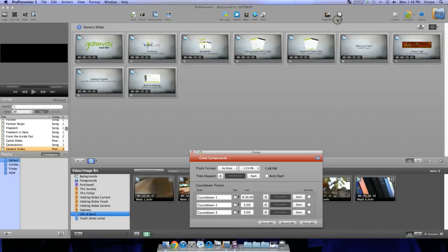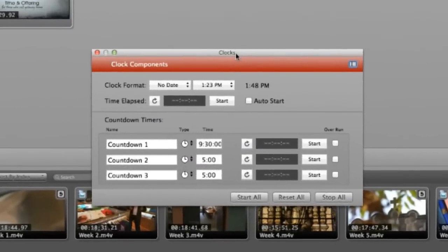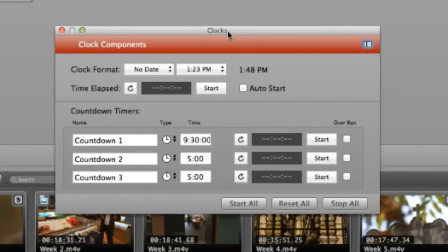The other thing we have here is the clocks section. These are what gets sent down to the clock, whether we set count down or count up. Now, if we have the stage display set to count up, we use this time elapsed clock. Very simple. You click start, it starts counting up, stop, reset. Quite straightforward. Countdown timers. Countdown number 1 is the one that is in the preset for a countdown timer on